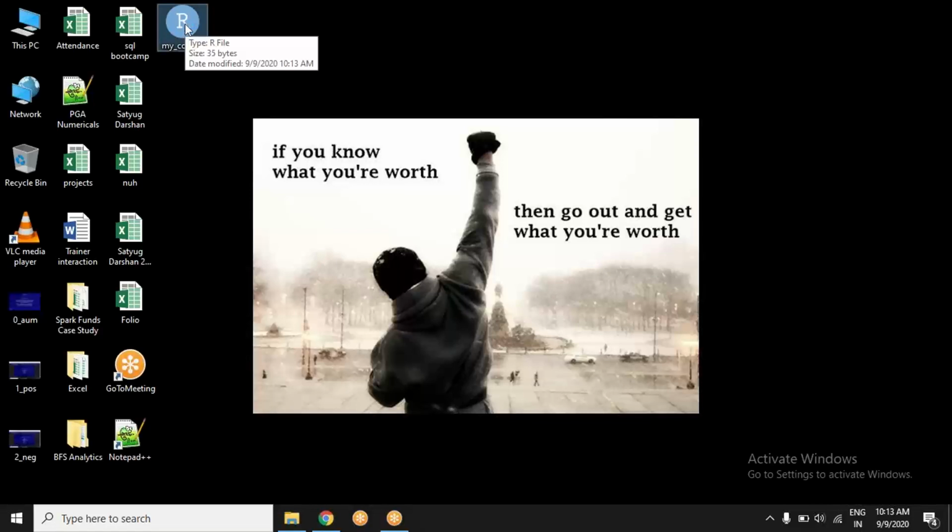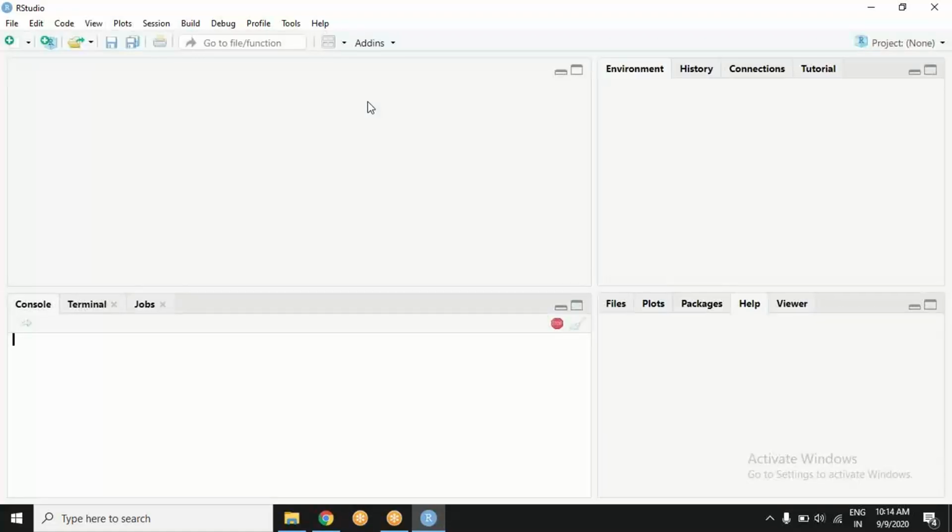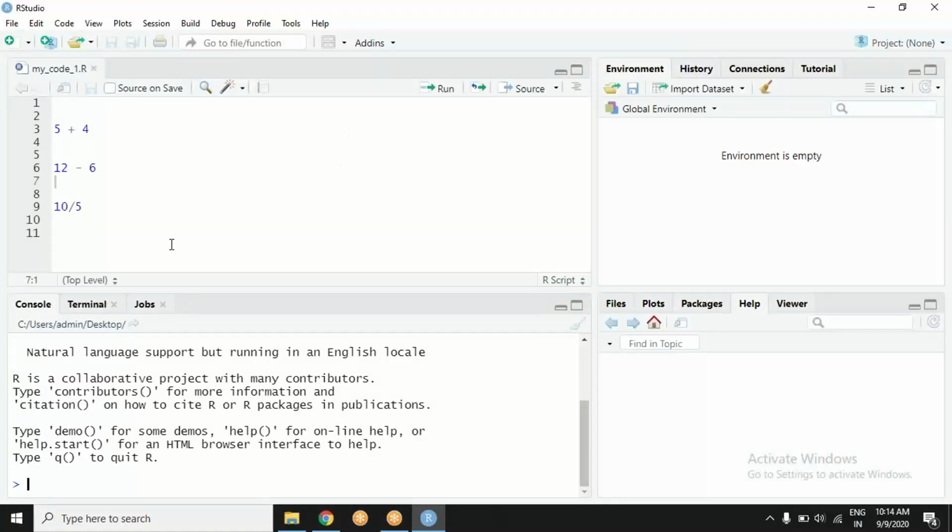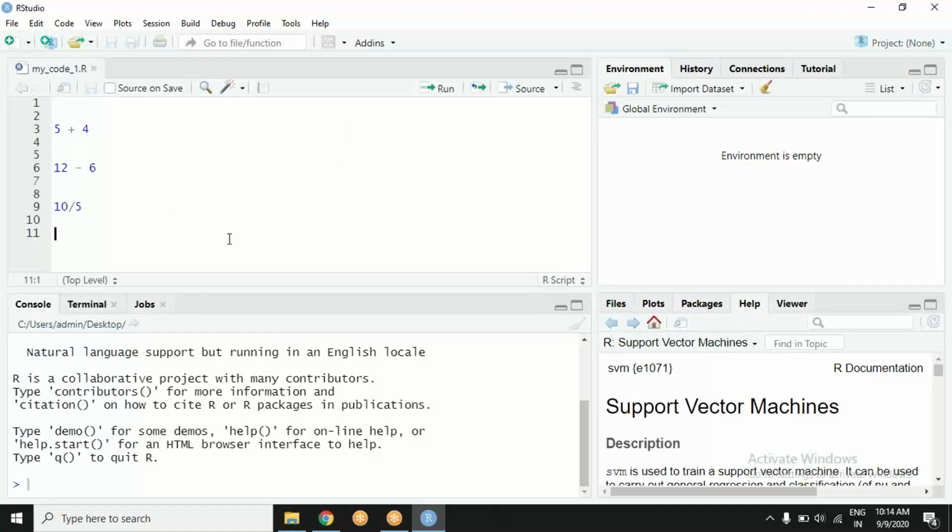I can do whatever I want. Maybe I can open it again and edit something, add some new functions and new commands, new code. Let's keep on building.